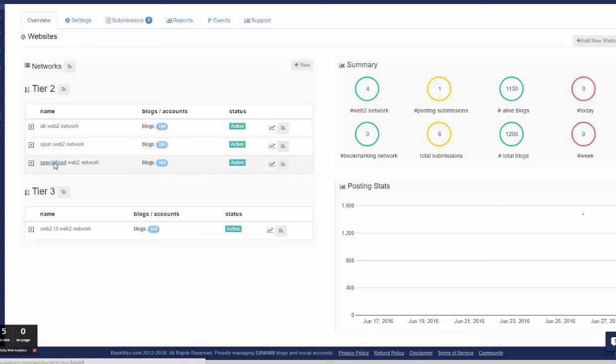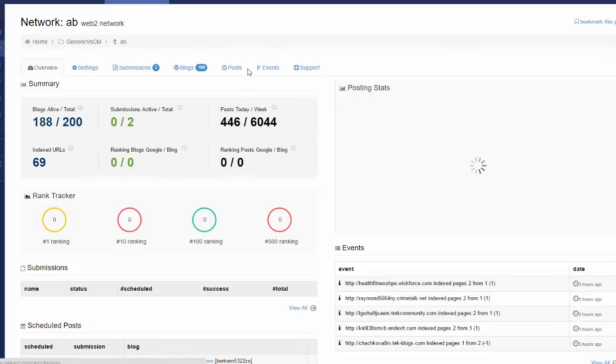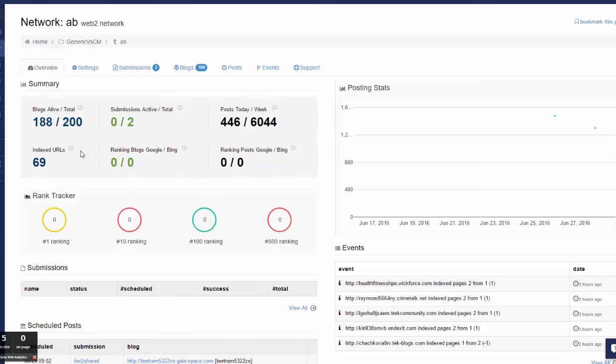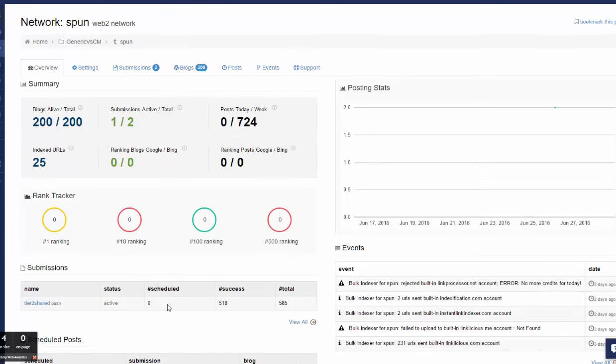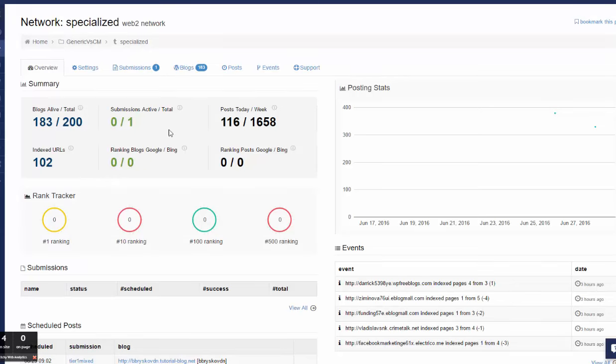So if I look at the different submissions, different networks: Article Builder, in 2 days out of 200 blogs, I have 69 indexed URLs, 6,000 posts in total. Spoon articles, that's diet articles, 25 indexed pages. And specialized or topic relevant content, 102 URLs in 2 days out of 200 blogs.